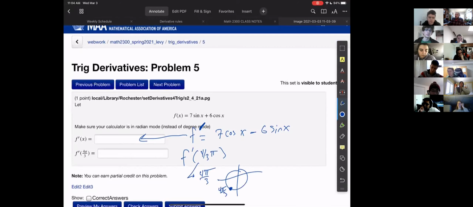I'm not teaching pre-calc this semester, so real quick, that has the terminal point minus 1/2, minus root 3 over 2, I believe. And you use the x value for cosine and the y value for sine, right? So if we did 4 pi over 3 minus 6 sine,